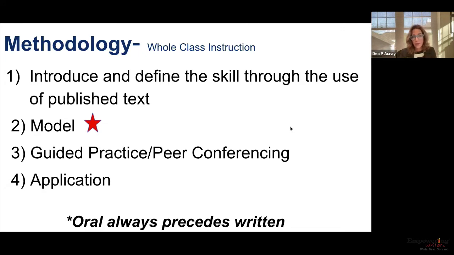But a couple of things about this that I really want to point out. Remember, we say this all the time. Oral language always precedes written language. If they can't say it, they can't write it. So we always try to encourage that language. And the other thing is, remember that our methodology is the methodology that builds common language, which is going to allow us to take you through the process that we're going to do next, which is going to be that authors group revision model.